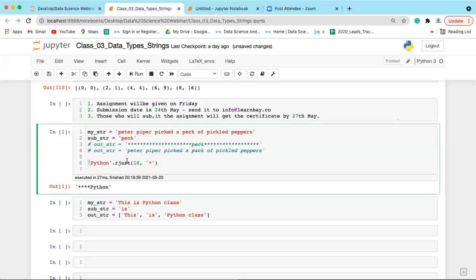So you have 4 stars at the beginning, which means the string is right justified.